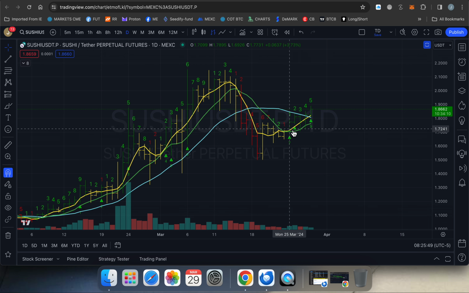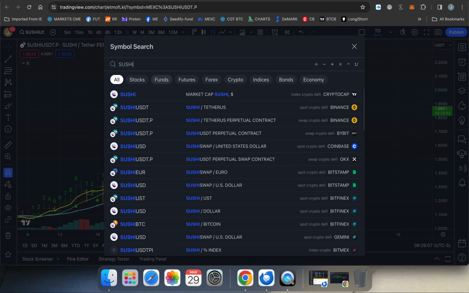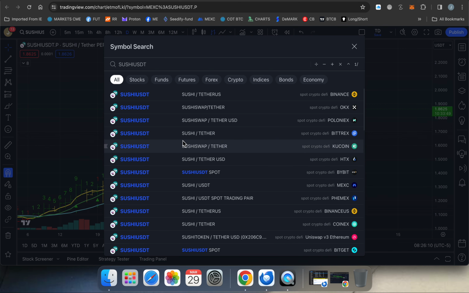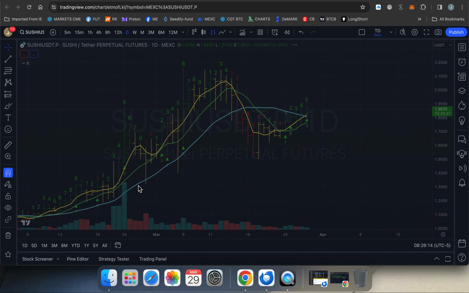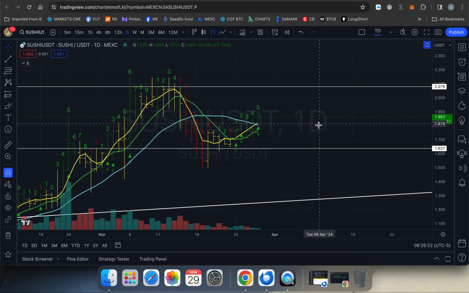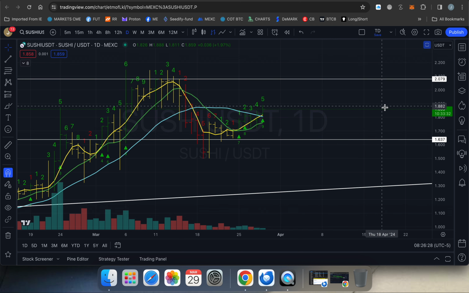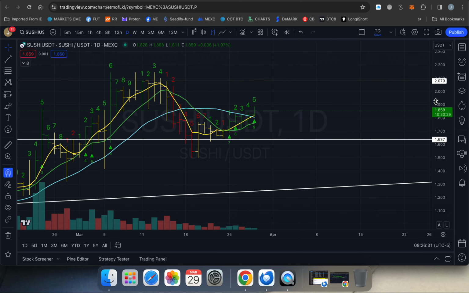And then it bounced. But now, this one gets a fair amount of trading. It's an exchange, Sushi swap. It's perpetual, so you can, but if you just want to trade the regular one, Sushi, just type in USDT, probably, if you're going to use an offshore broker. Now you got to use a VPN, but if, like I said, you're in a country where they have senior citizens for presidents,